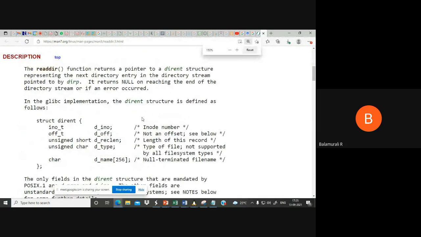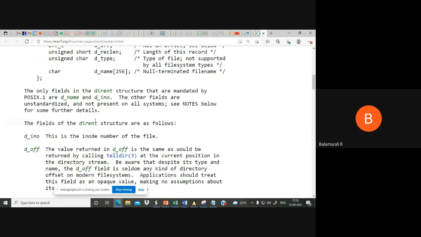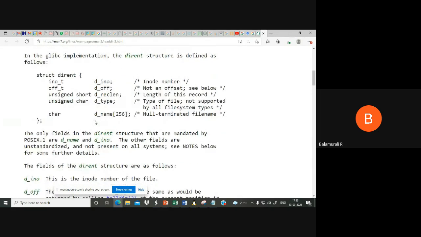Yes, see, this is the structure. It contains d_ino, which is the inode number, d_off (offset), the length of the particular record, the file name, d_type. Okay. So like that, it contains so many fields. So actually you should use the other fields also. The other fields will be usable, especially for ls -l. But for ls, ls will give only the directory name or the file name, so we are using only d_name. Okay,